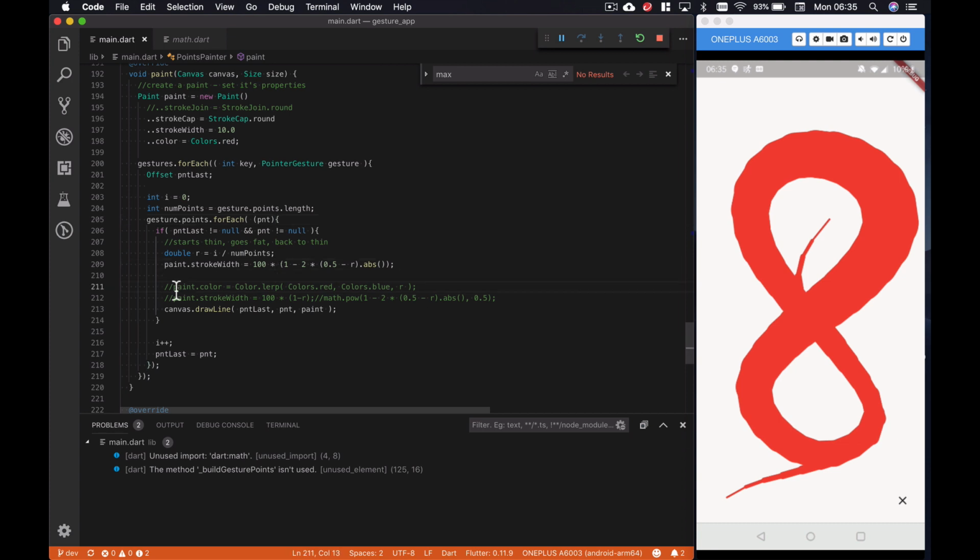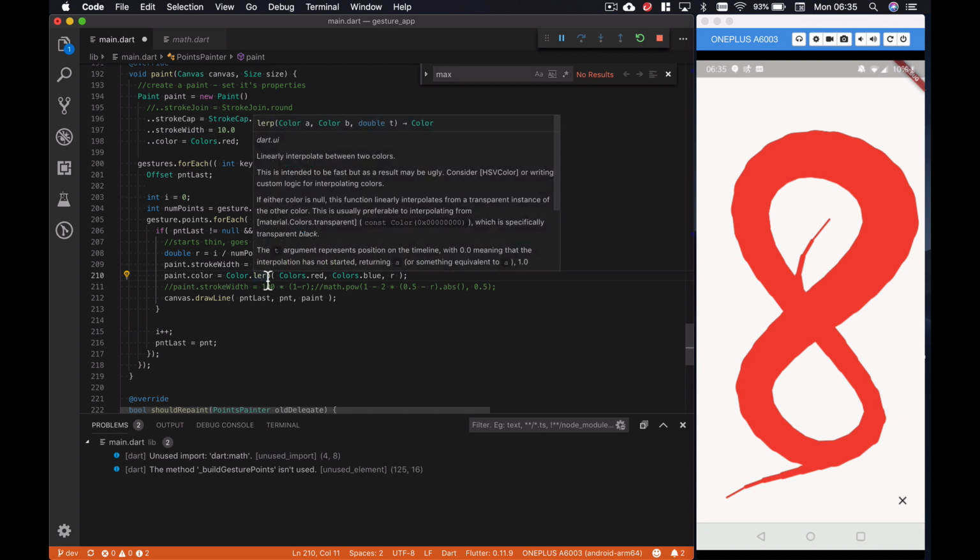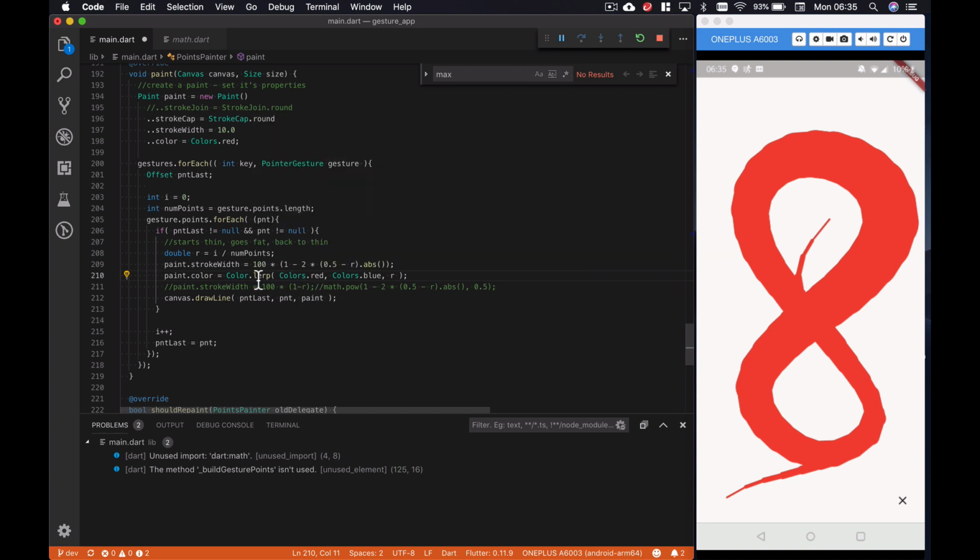The next thing we'll do is I'm going to change the colour. I don't like it just being a solid red, and I found this nice lerp function where it will go between one value and another. You'll see lerp in Unity. It was where I saw it the first time, and we might see it in other places, but it will go from one value to another. So if I provide a value of